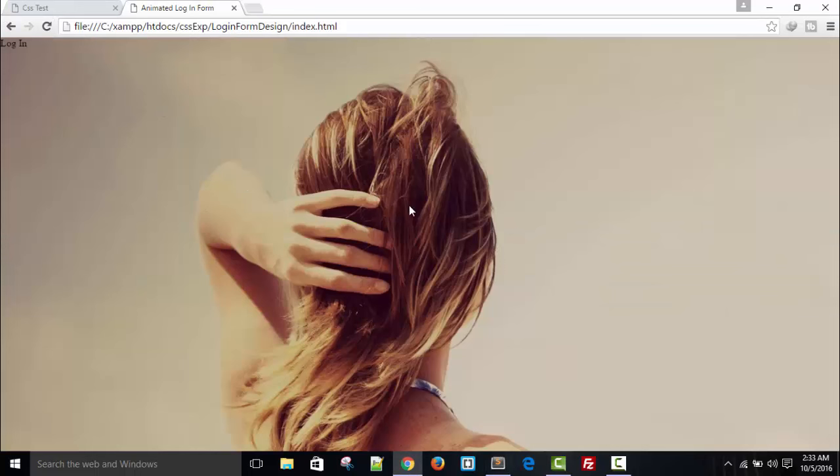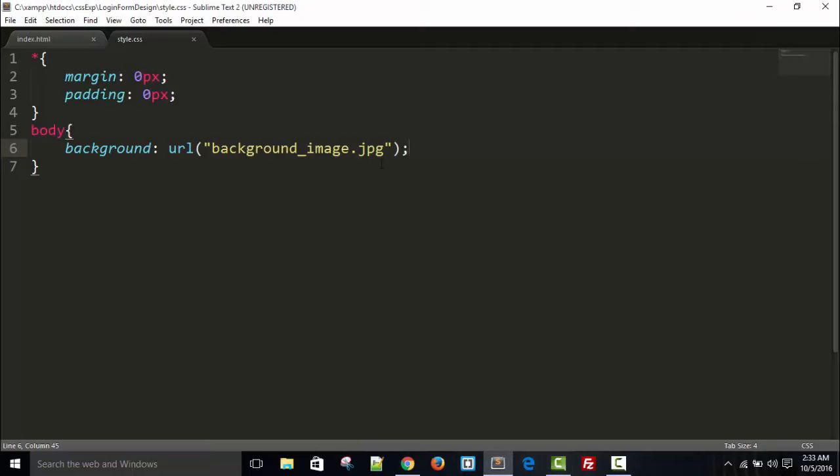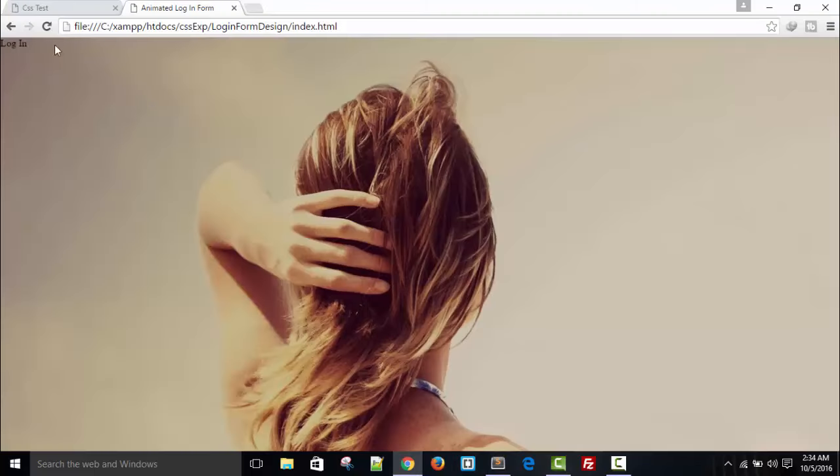We need to adjust this image by applying some background properties. No repeat. If your image is small, then it will not repeat. And from center, and another one is fixed. In every situation it will be fixed. Save, and let's take a